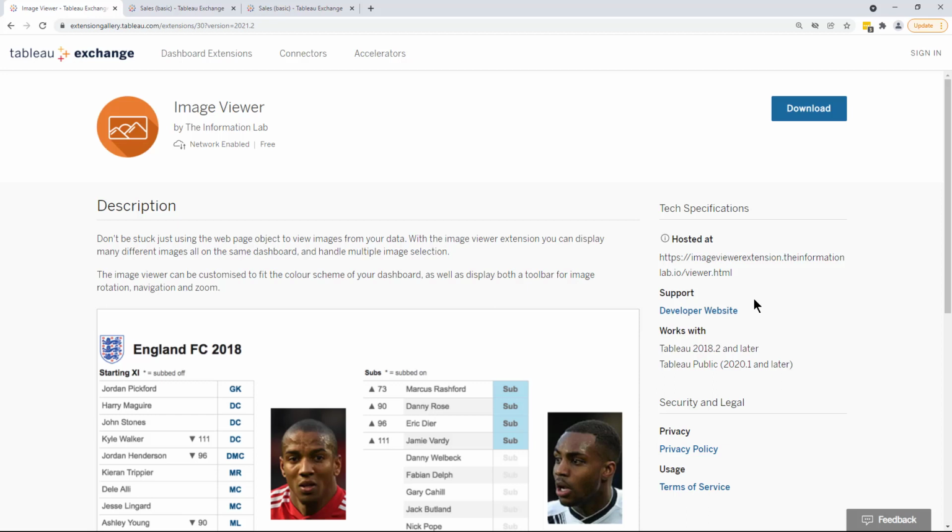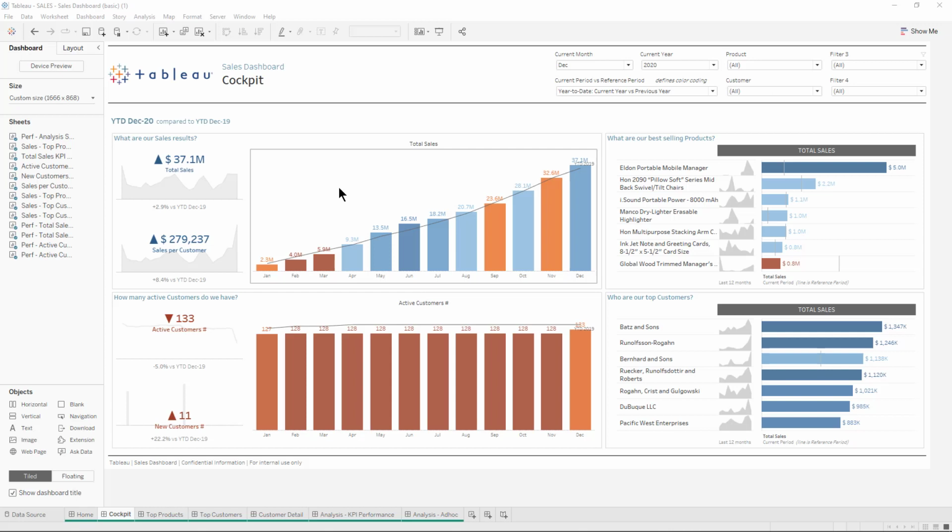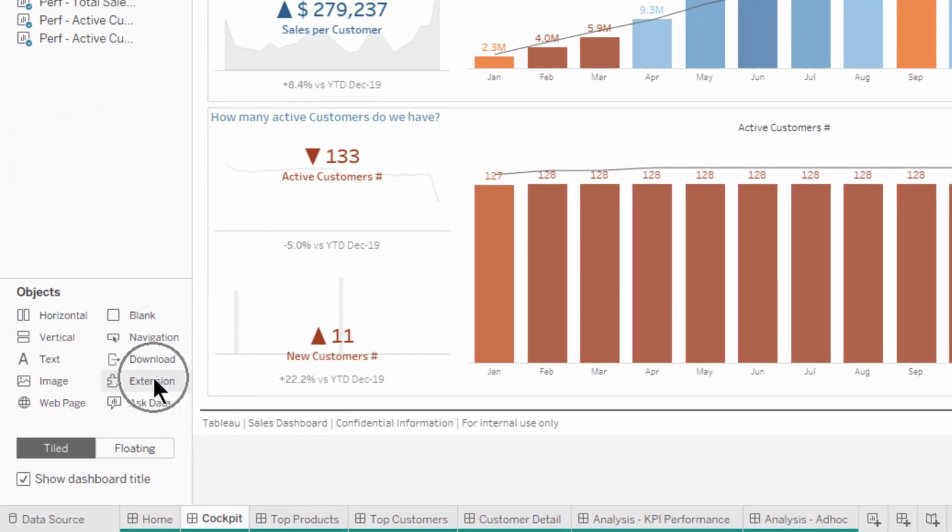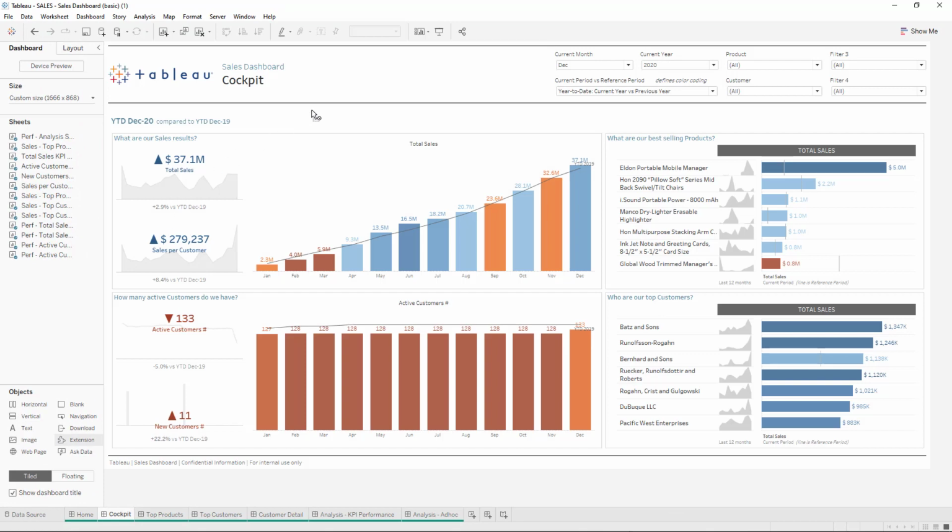Now to actually use the extension, you've been able to use extensions in Tableau for quite a while, so let's jump back into that dashboard we just had open to see how we can use an extension. We're back in our Tableau dashboard, and we can find where we can add extensions under the objects in the lower left hand corner. If we go and drag an extension and drop it onto our dashboard,